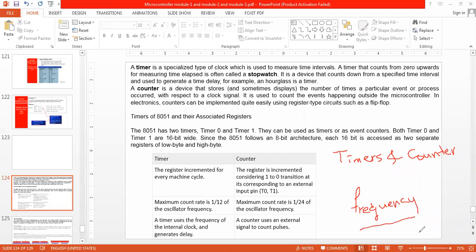Now, what is this timer and what is this counter? Timer is used for the measurement of time intervals, and counter is basically used for monitoring events and processes.